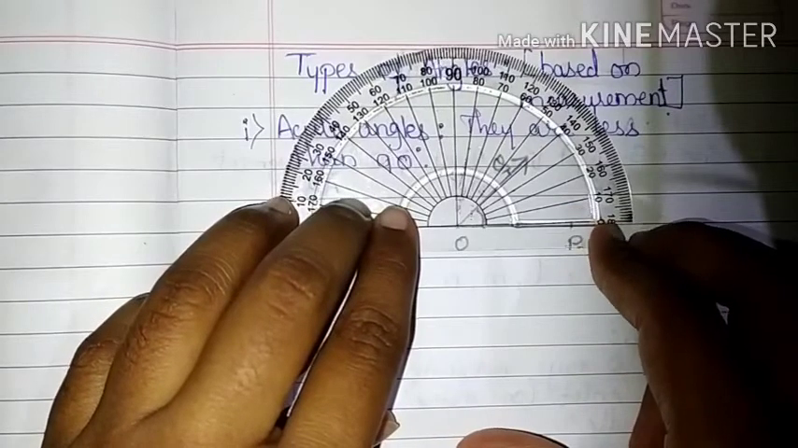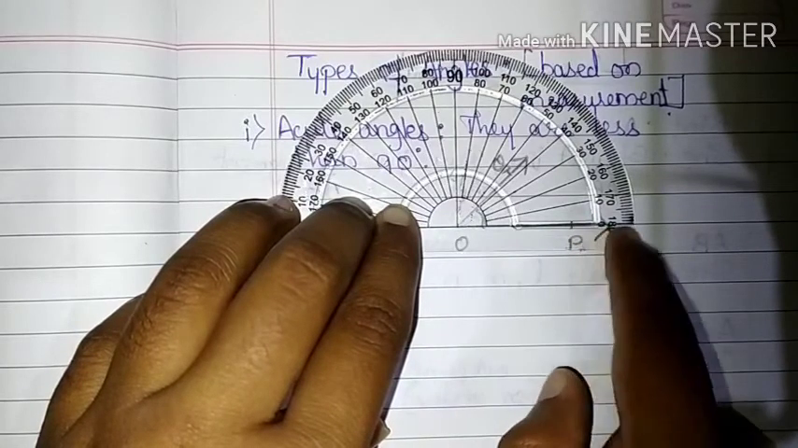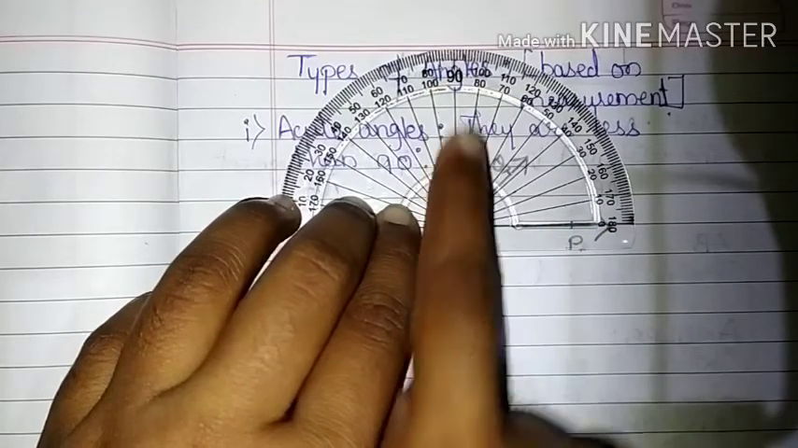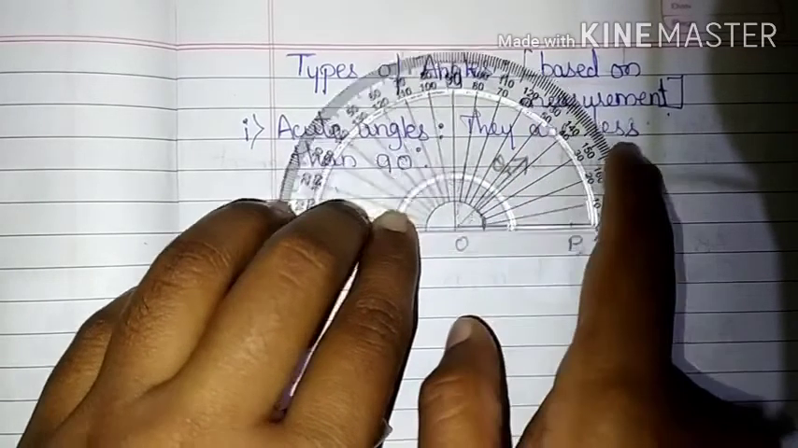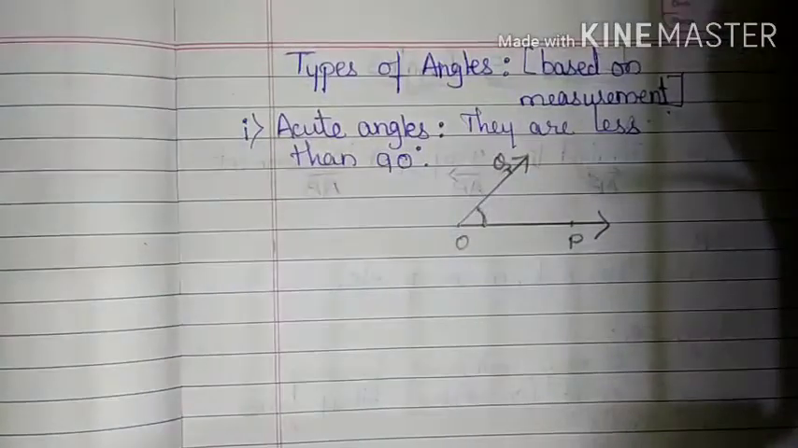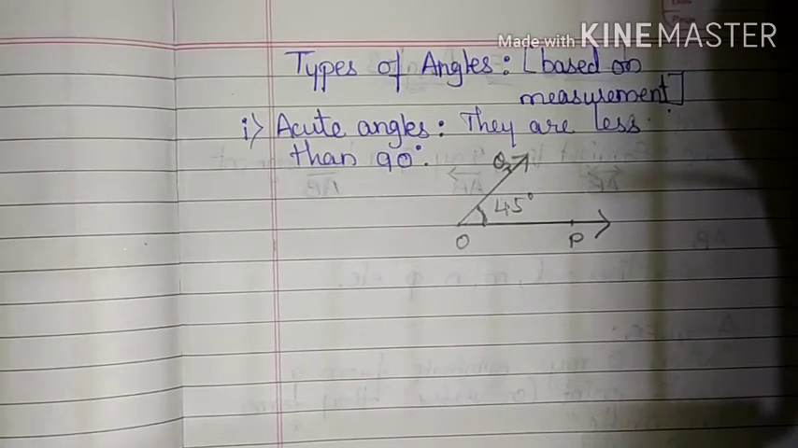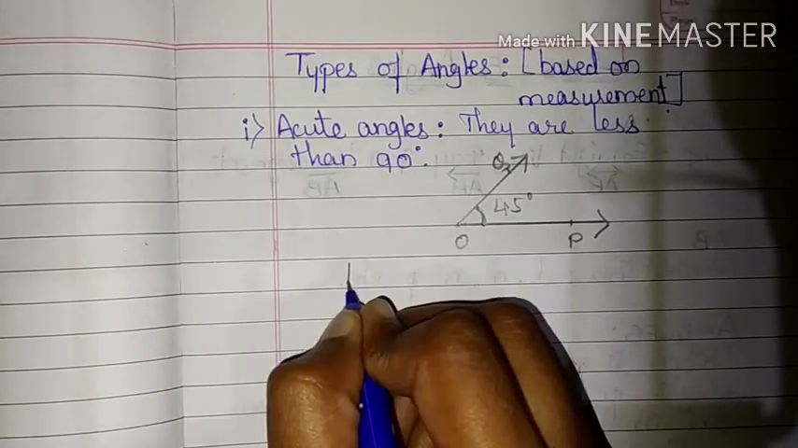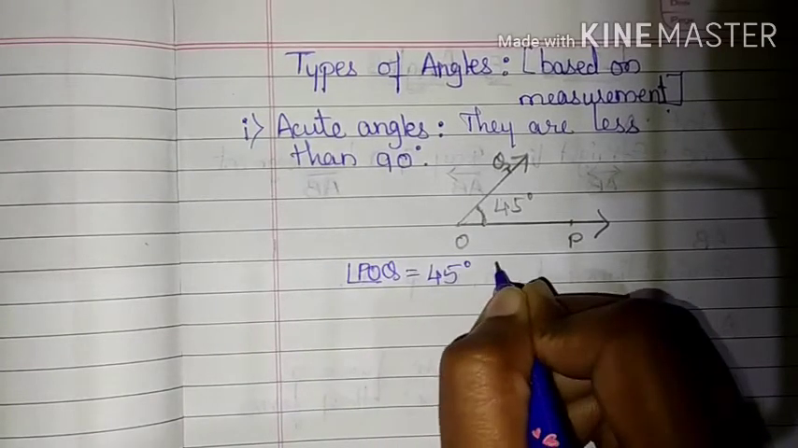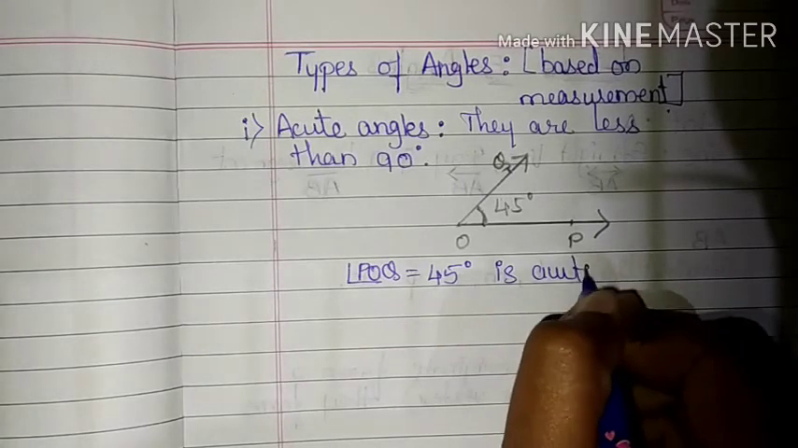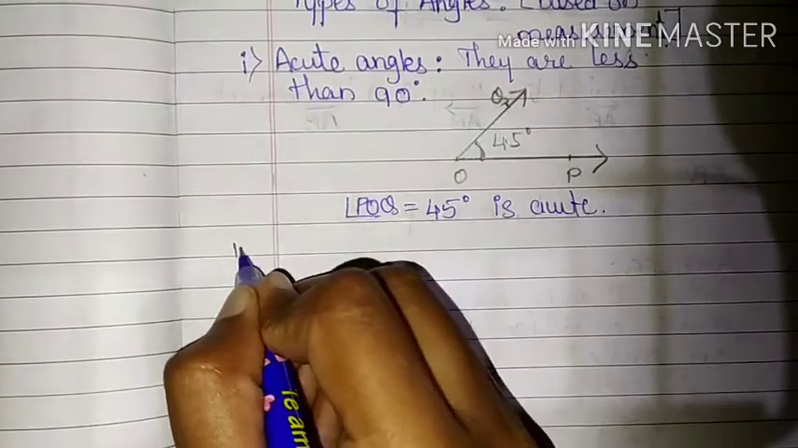So if you look here, this line represents 0 degrees, and 90 degrees is here. Our ray OQ meets at 45 degrees. So this angle is 45 degrees, which is less than 90. So angle POQ, which is equal to 45 degrees, is an acute angle, or just acute. Second angle which we have is